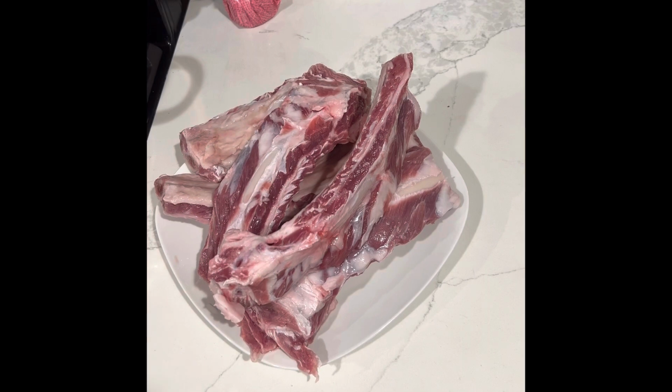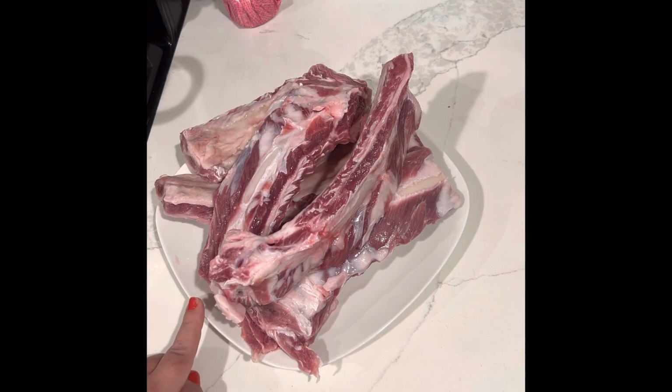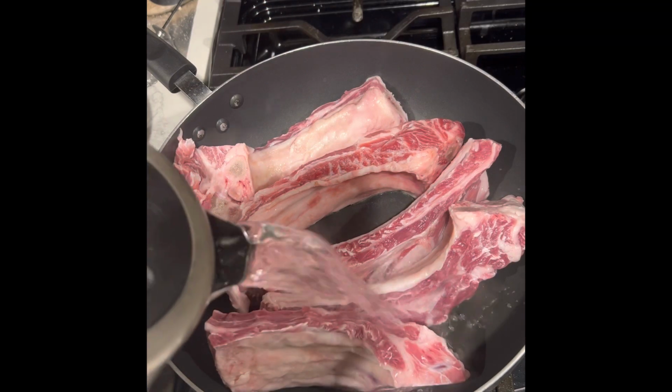Today I have a new recipe for you. Today I will be making beef spare ribs that I'm gonna bake in the oven. But before we do that, I'm gonna go ahead and show you an easier process to cook your beef ribs less in the oven than the usual cooking time. So let's get started. You want to add your beef ribs into a pot and